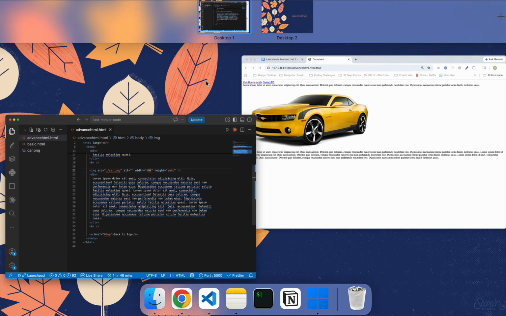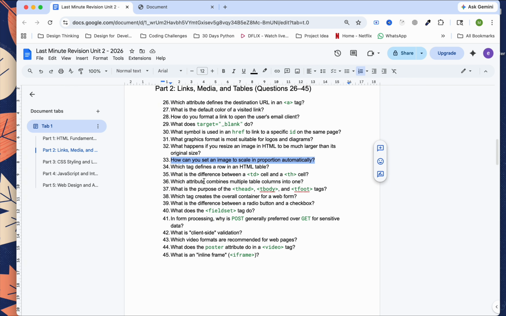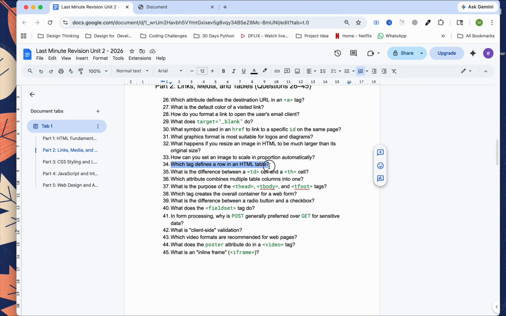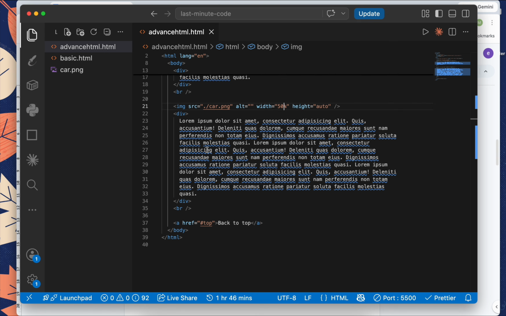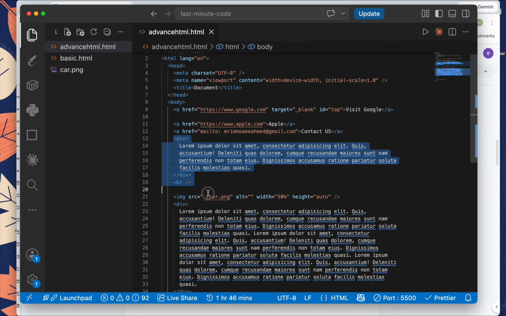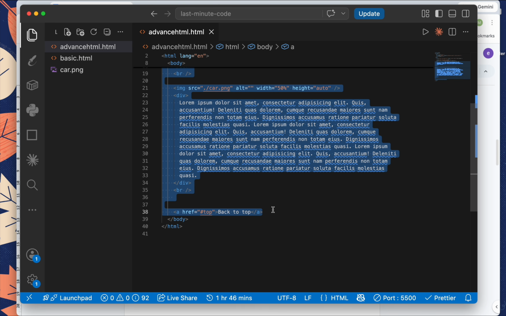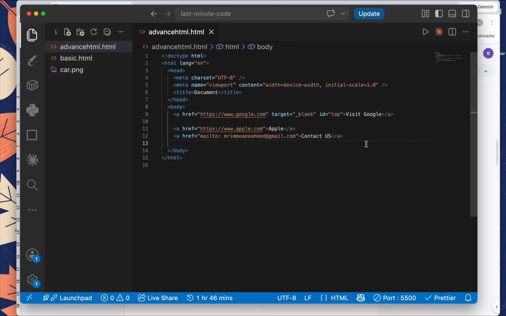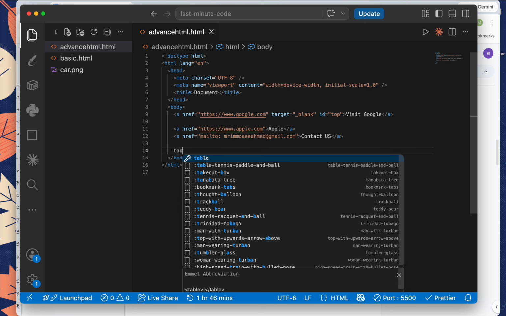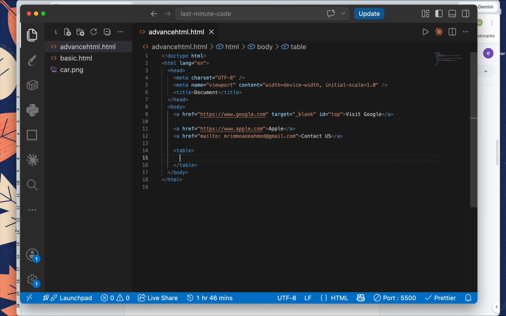Then we will move to the next question, which is: which tag defines a row in an HTML table? So in an HTML table, we use TR, right? Table row. So if you look into the table, how we define a table basically. I'm removing all because I think you guys understand everything. When it comes to a table, we use a table tag, right? In the table tag,